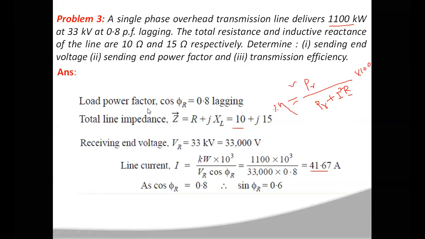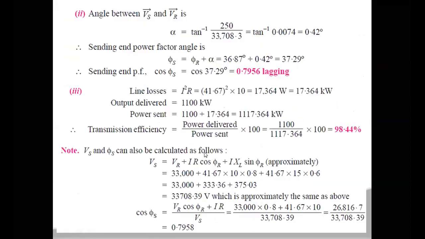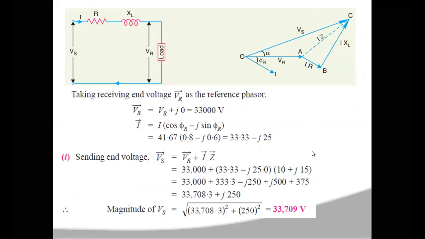Like this, you can calculate by using the network itself. Here we are not using the ABCD parameters. Even if you use the ABCD parameters, you will get Vs equal to VR plus IZ. So for a short transmission line, it is simple, but for a medium transmission line,